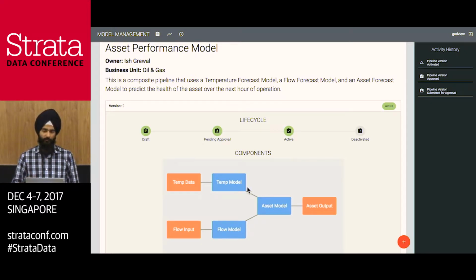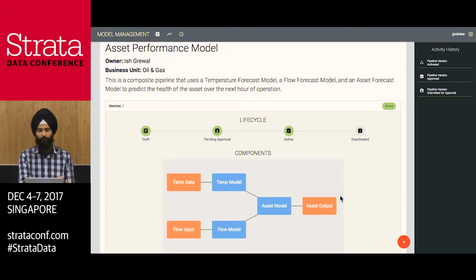So someone like me, an operational engineer, can then take these models. I don't necessarily know what's going on inside them, but I know the evaluation conditions. I know that it's going to be regulated by the framework, and I can configure them with the actual data sources. So in this case, temperature data coming from some sensor, flow data coming from sensor, and then store it in an asset output. So with this kind of model or this kind of template, we can create a further pipeline template where now this can be taken and deployed on those 5,500 multiple different pumps that we're running in that particular use case. So by black boxing this approach and making it very configurable and modular, it enabled us